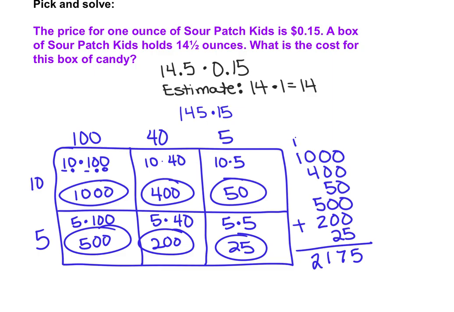All right, I got 2,175. I know my estimate is 14, and that is a 2-digit number. So you might be thinking, well, 14's not really that close to 21, but it is a lot closer